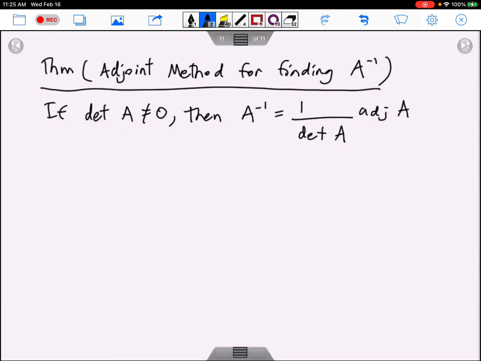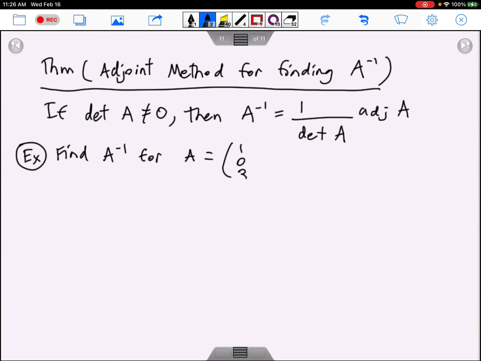Now, in practice, this is not an easy thing to calculate, but I do want to do an example so that you guys can see this in action. And what we're going to do is use this method to find the inverse of a matrix that we have already done previously. Okay, so this will be a fun example because we'll get to do a problem we've already done and see if we come up with the same answer. So let's look at our example. I want us to find A inverse for